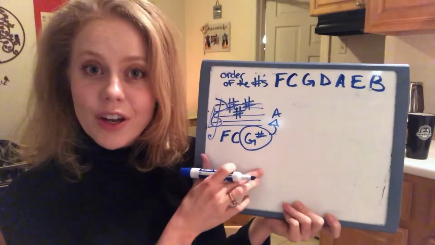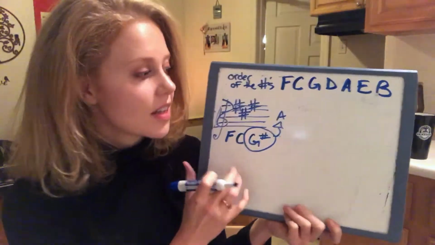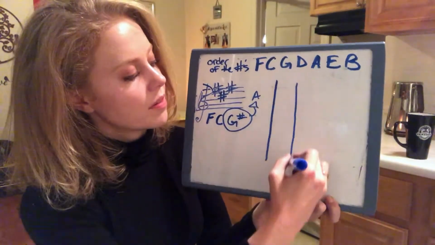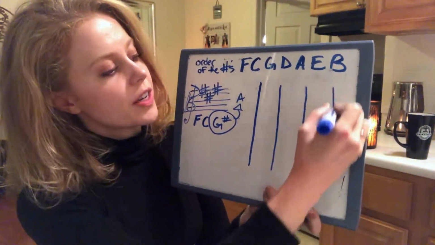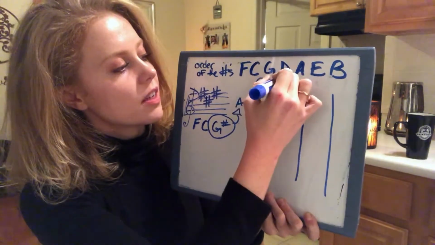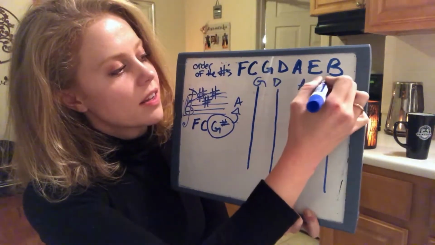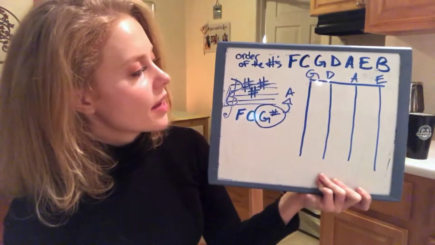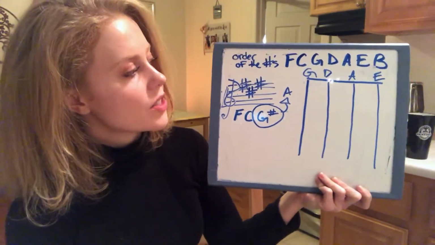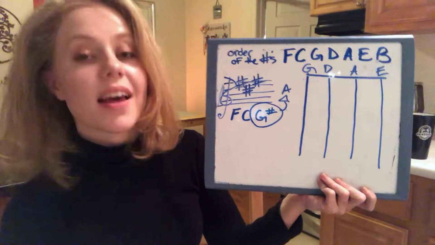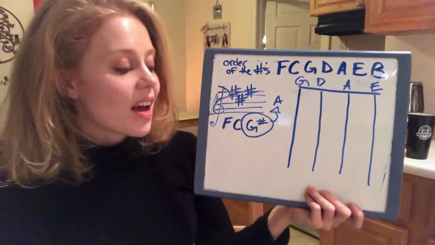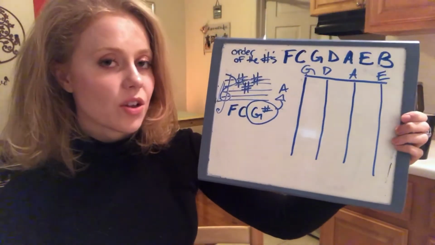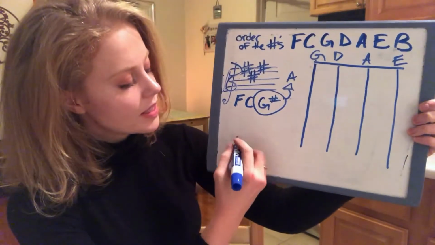Now we need to figure out where our fingers go based on this. So let's go ahead and draw our hand pattern. We're going to draw our strings, G, D, A, E, connect them together. And the next note up from G is A. So if you're confused about whether G to A is a whole step or a half step, it's kind of